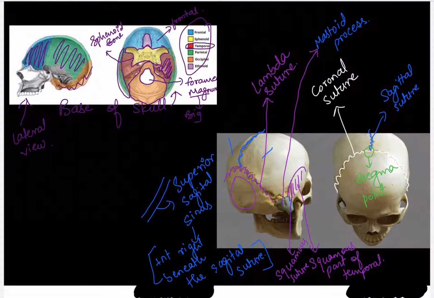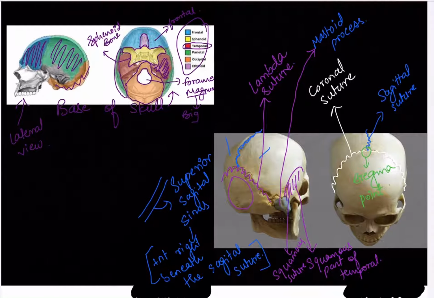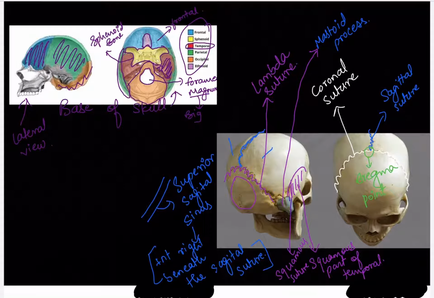Understood? So I guess that's it. For sutures and bones, you need to know there are 8 cranial bones, and there's one suture which is known as the coronal suture. There is one suture known as the sagittal suture. And what was important in the sagittal suture, that under this suture, what is present? Superior sagittal sinus. Okay. And then another suture which was what? Lambda suture, which is present at the occipital bone. It separates the occipital and the parietal bones. Okay. And there's one suture which separates the parietal bone and the temporal